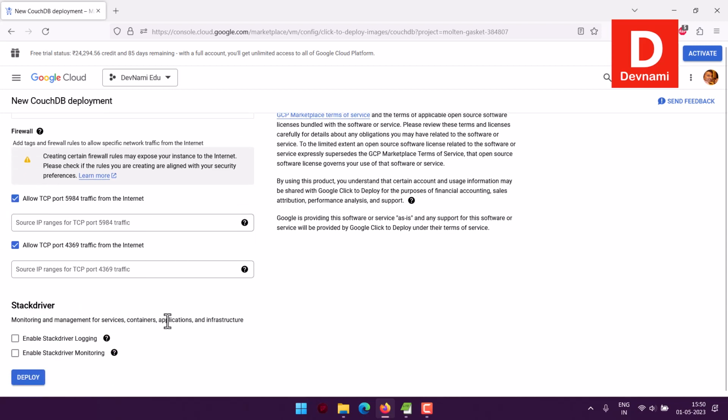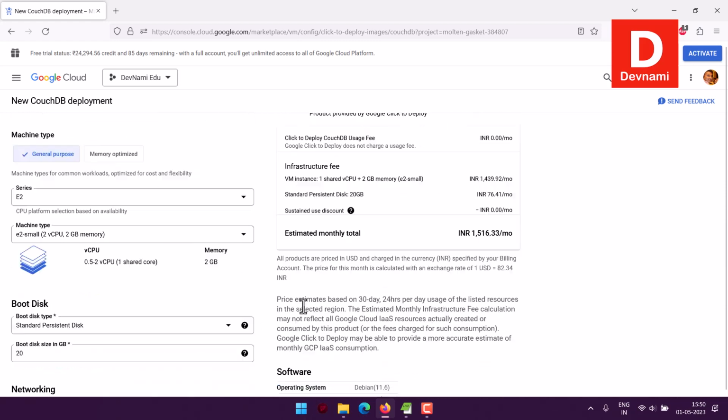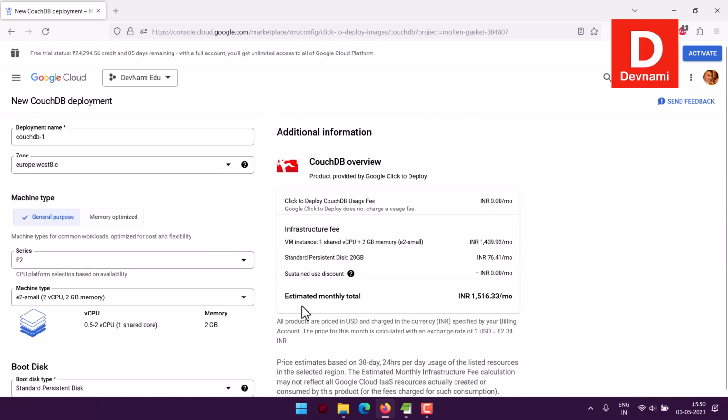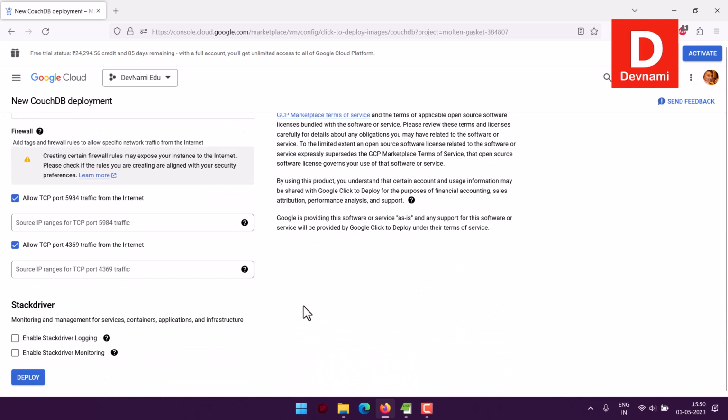If you want to manage and monitor, you can enable or disable them, right? Once you choose what to do with them, you can click on deploy, right? So pretty much everything is set up, and here you can see we scroll to the bottom and click deploy, it will start the deployment,